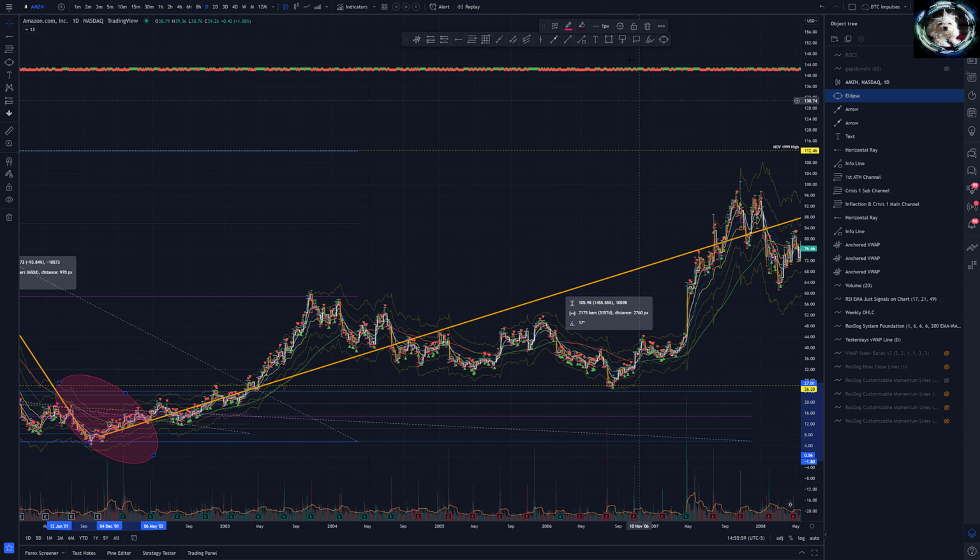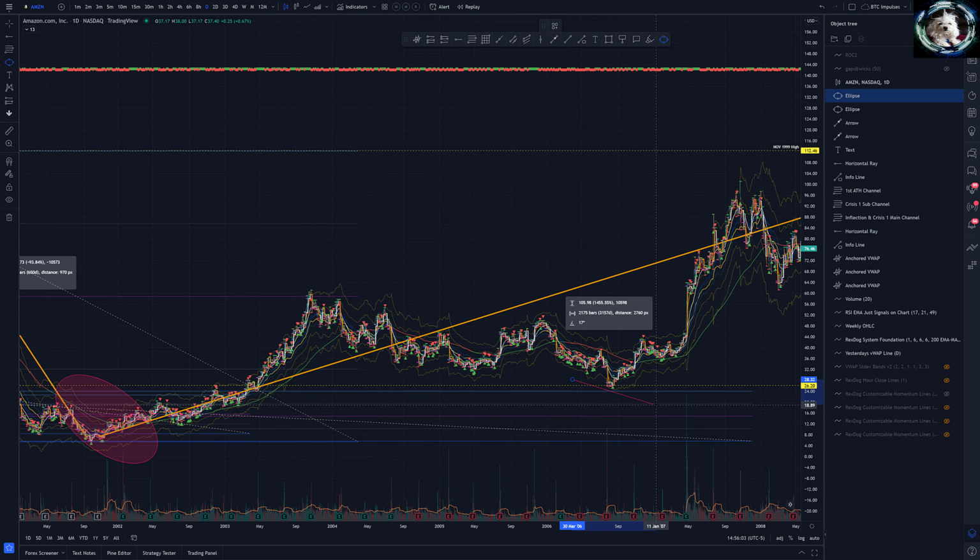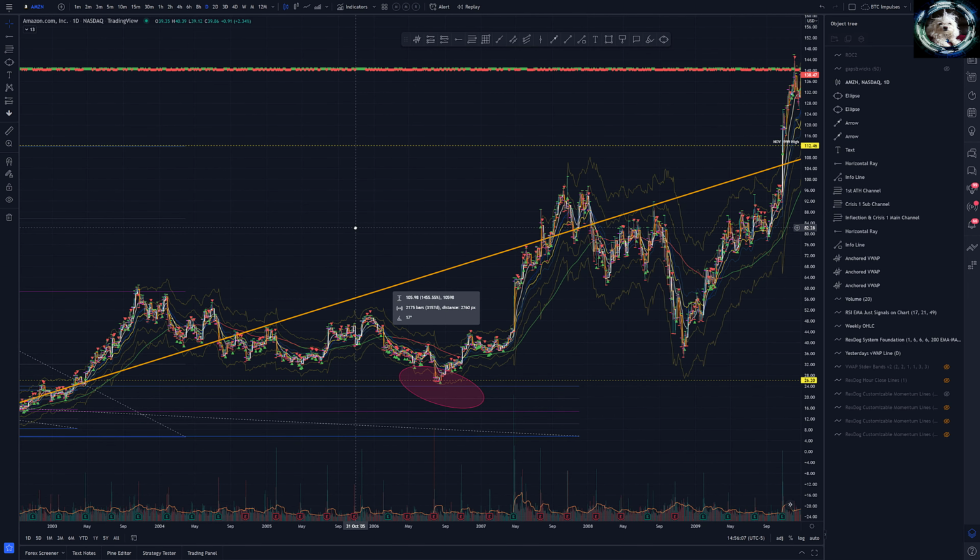Second crisis, always test the first crisis area, and then you want to see it hold up. And that's what happened here. That's the second crisis. So this is Amazon's second crisis as far as whether or not it's a viable company, as far as it's actually going to survive, as far as it's a viable idea in the marketplace.